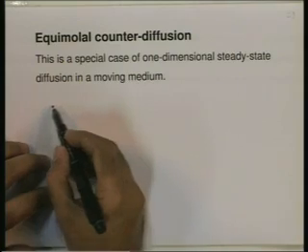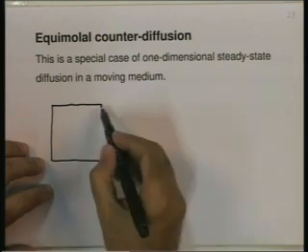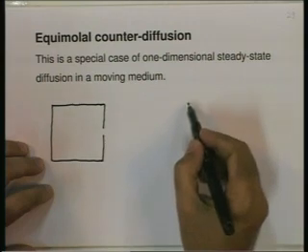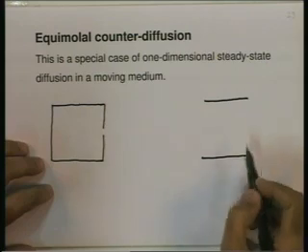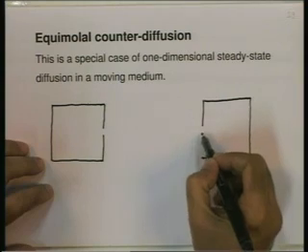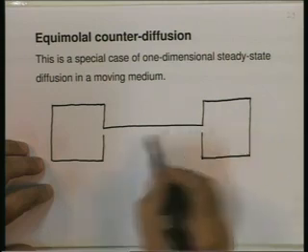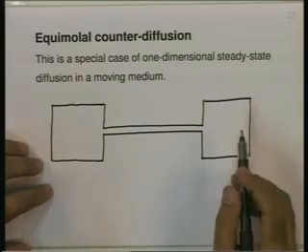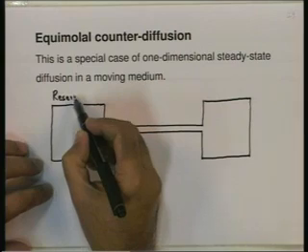We consider two large tanks or reservoirs. Let us say this is reservoir A, and we have here another large reservoir, reservoir B, and let us connect the two reservoirs by a thin long duct. This is reservoir 1,